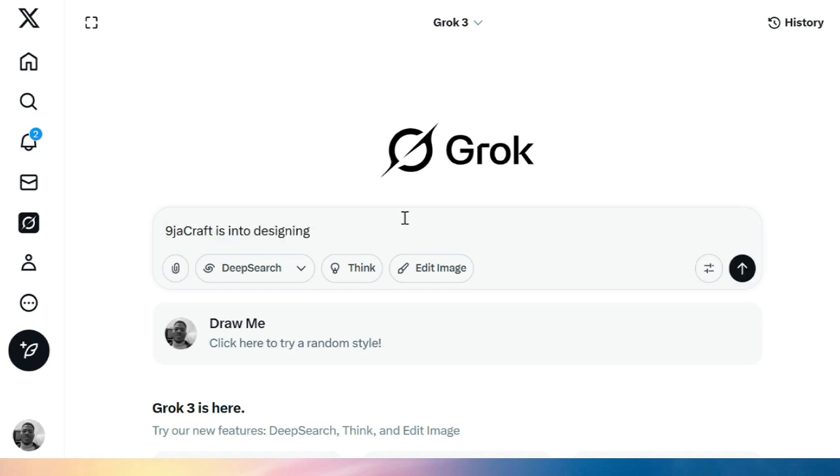So let's get started. I'm already on my Grok, so let me draft out a company that we will be using, let's say, Ninja Craft.